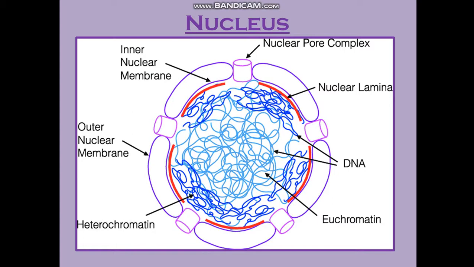Concentrate on it. Euchromatin means just like eukaryotic. Eu means true. Euchromatin is the true chromatin network which contains more DNA, so it is of more importance. Whereas the darkly stained strands of chromatin fibers, which are called heterochromatin, contain less DNA and replicate late. They are genetically less active, and metabolically less active also, as compared to euchromatin.